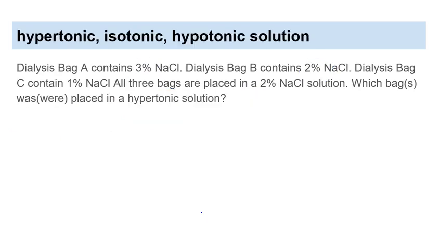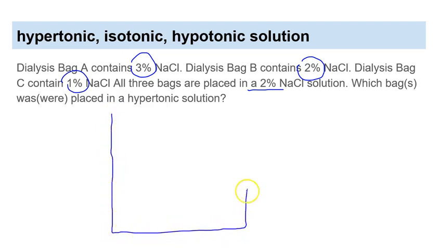Another one, dialysis bag A contains 3% NaCl. Dialysis bag B has 2% NaCl, and dialysis bag C contains 1% NaCl. And we placed all of them in a 2% NaCl solution. Let's have one beaker which has 2% NaCl, and then we have 3 bags or cells,